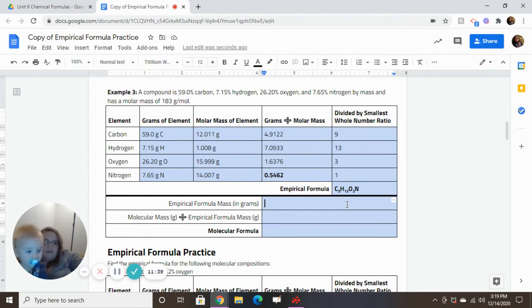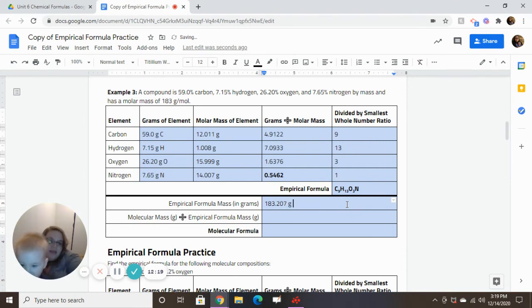So I'm going to have 9 times the mass of carbon, which is 12.011, plus 13 times 1.008, plus 3 times 15.999, plus the mass of nitrogen, which is 14.007, and I get 183.207